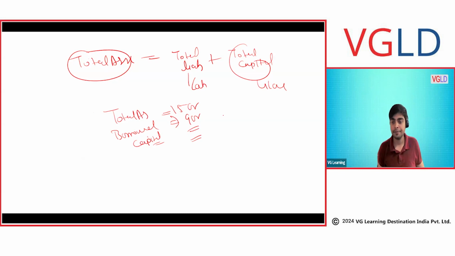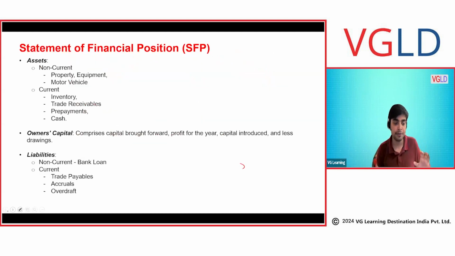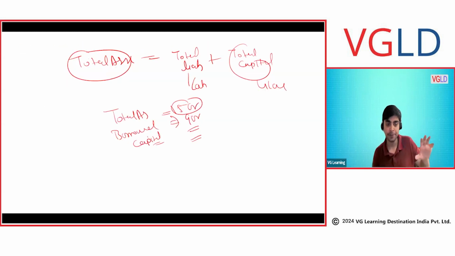Okay, Ritika, just think about what I'm saying and just read what it's saying. Don't feel pressure. It's saying I have 15 crores of assets, out of which I have used 9 crore of other people's money. Now, how much money have I used of mine? How much is it of my money?